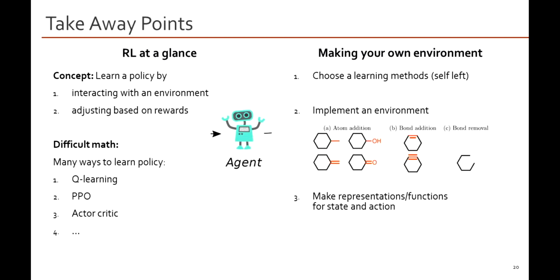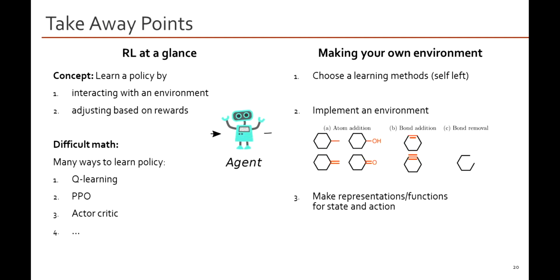Alright, so that concludes our lecture for today. We've covered reinforcement learning at a very high level, where we've illustrated how that's a process of learning a policy by interacting with an environment, measuring what action you took in which state and what rewards you received for doing that, and then updating some functions that represent your policy using a variety of different methods like Q-learning, which we discussed with MultiQN, where you learn the predicted future value, a term known as Q, for choosing a certain action in a certain state, and you can develop a policy of picking the best ones